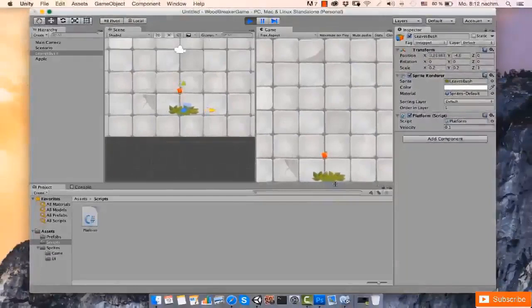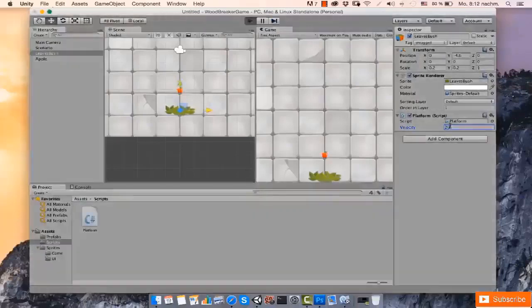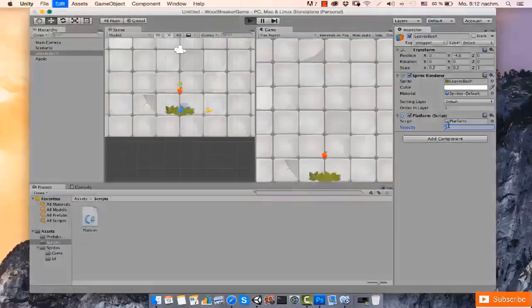of course, since Time.deltaTime is a very small value, we now have to increase the velocity to a large value in order to get a good movement. Okay, so I'm going to increase it by 20. 20 seems to be too much. Maybe 5. And 5 seems to be a good value. And what you can also notice is that